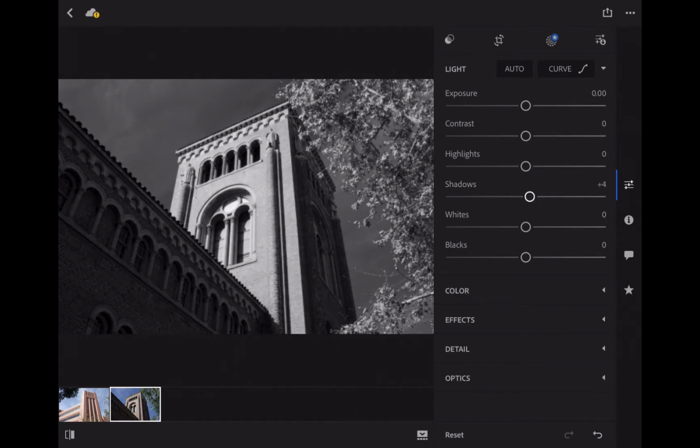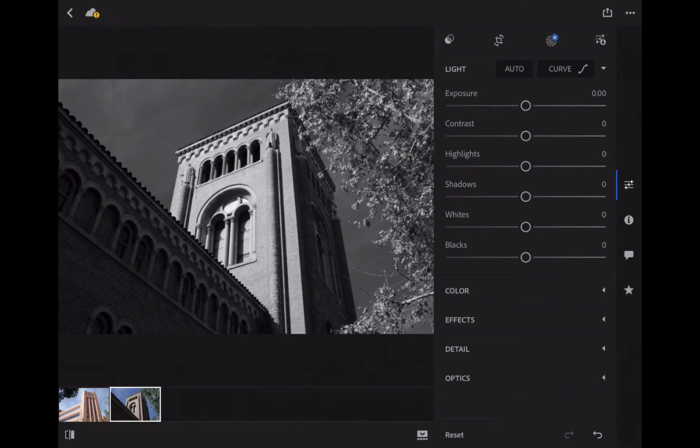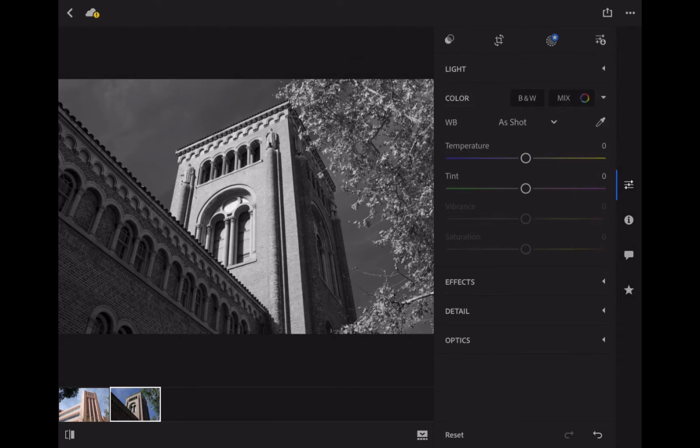Now the difference between shadows and exposure: if I did exposure, it lightens the entire image up, and that's not what I want. I just want certain areas. So I'm going to just do the shadow area. I like that. But then another cool thing, let me go down to,